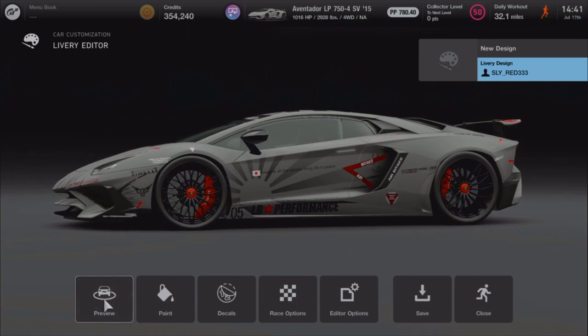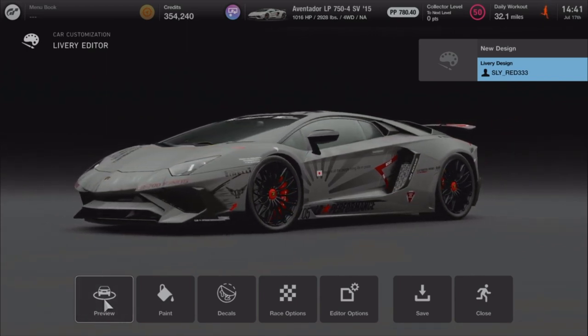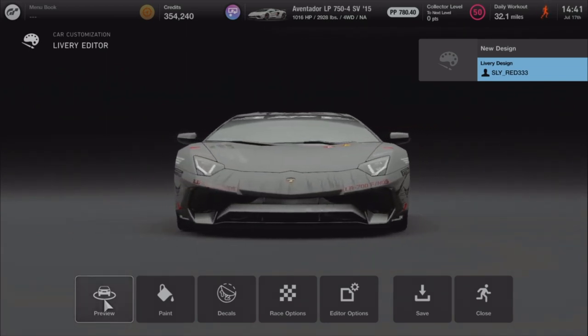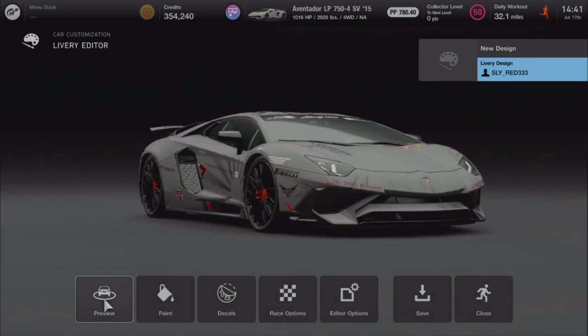It's not lacking in power, though. It's got 1,016 horsepower, and it's 2,928 pounds. I mean, it's below 3,000 pounds, and like I said, anything under 3,000 is a light car. And I suppose for as big as this thing is, that is light. But